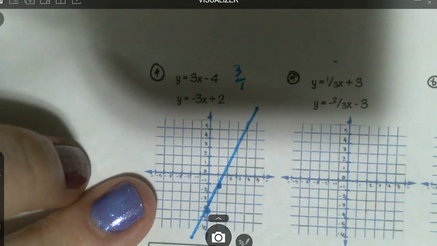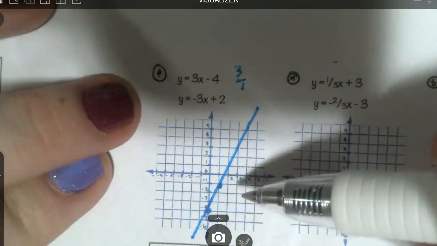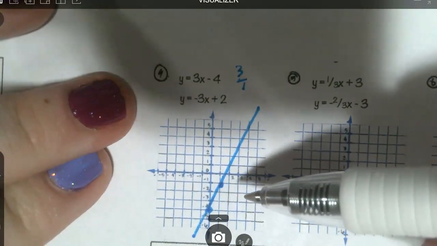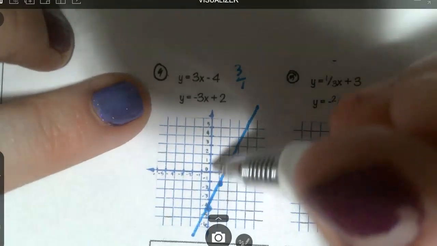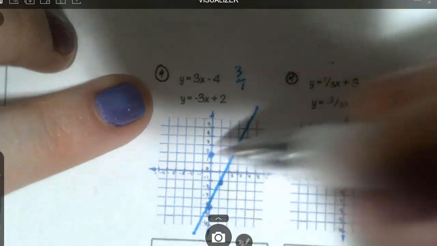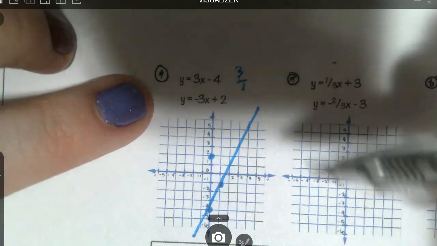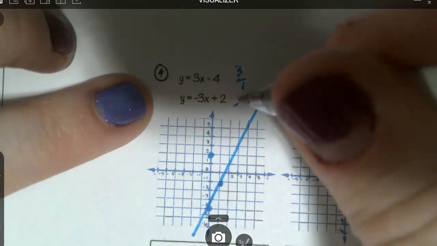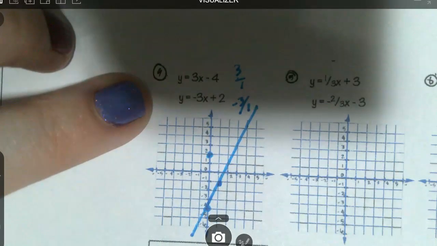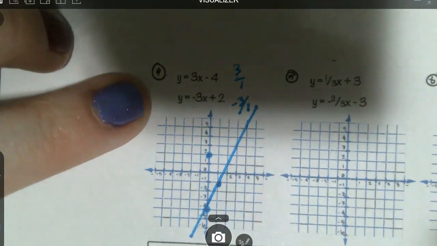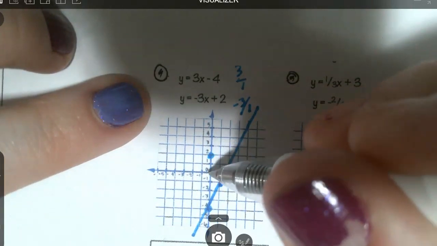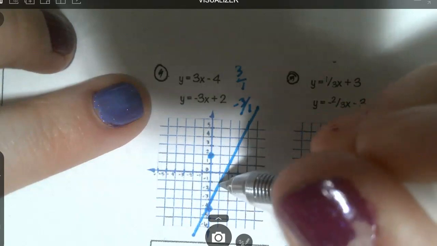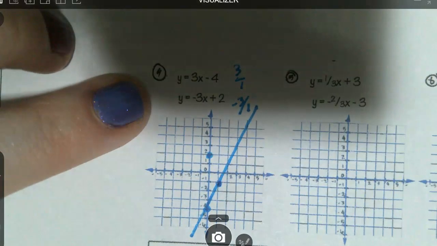Now we're going to do the same thing with the second equation and graph it on this same coordinate plane. For the second equation, the y-intercept is at positive 2. So there's my first point. The slope for this one is negative 3. And when I make it a fraction, it'll be negative 3 over 1. Okay, so this time instead of going up for my slope, I'm going down because it's negative. So I'll go down 1, 2, 3, and over 1. Oh, looks like we're using that same point right there. So I draw my line really straight with a piece of paper,